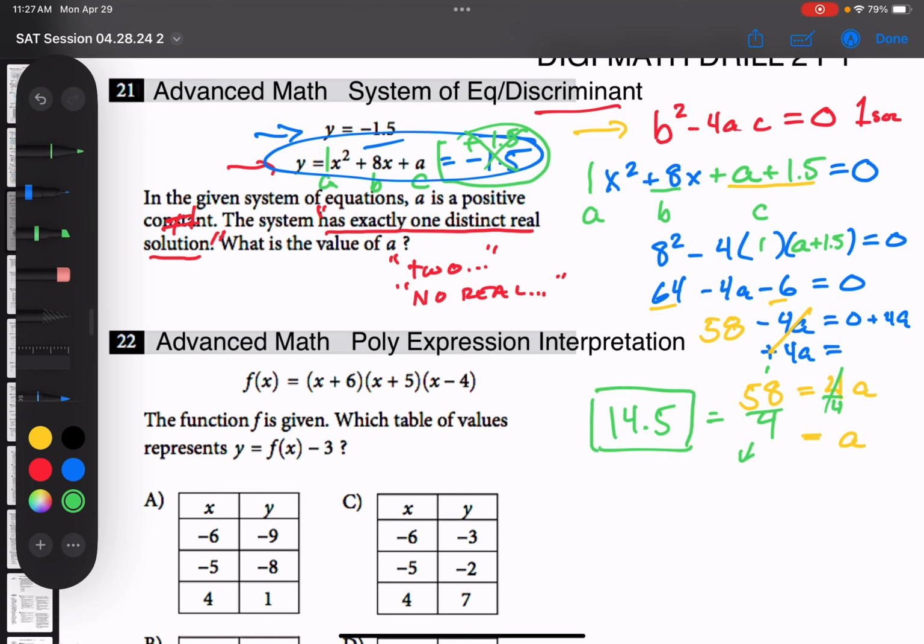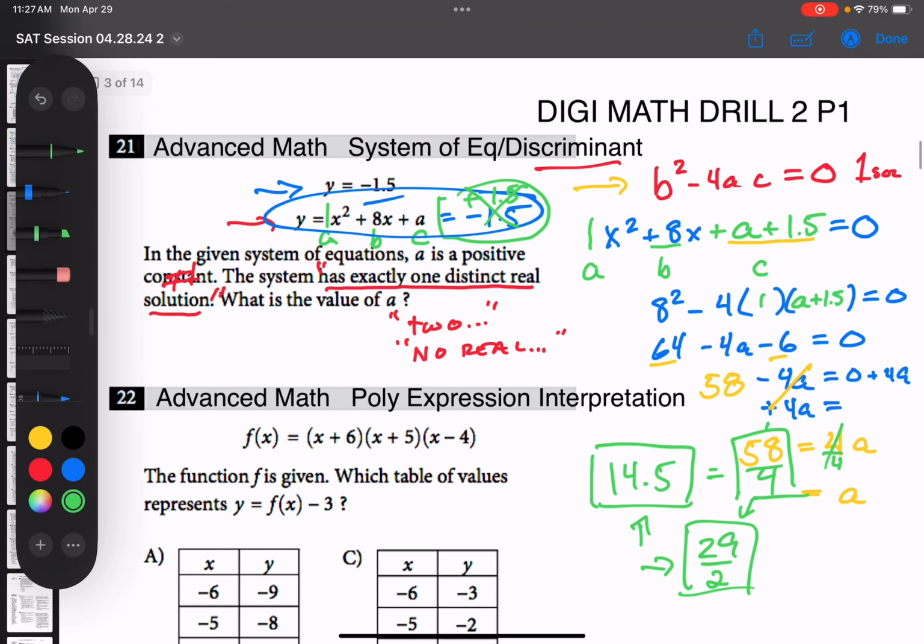If you're going to leave it in fractional form, we could reduce it by dividing upstairs by 2 and downstairs by 2. So your answer can also be 29 over 2. So either of those two answers would work. And technically, this should work also. But I would reduce it just a little bit into 14.5 or 29 over 2, which is the same as 14.5. And that's it. That's the answer to the stupid question number 21, in which I call this a slick question